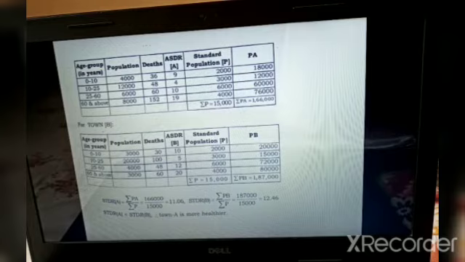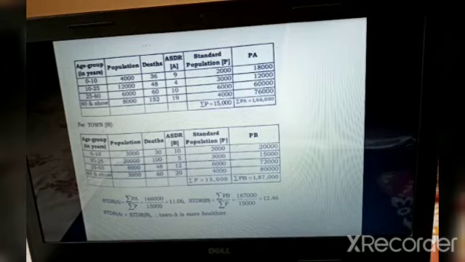Now the standard population is given as 2000, 3000, 6000 and 4000. We add all of those standard populations. That is summation P. Summation P is 15,000. Now we want P into A, where A is the ASDR and P is the standard population. You multiply that, and we get PA. The last column is PA. Then we add all the PA, that is summation PA, which is 1,66,000.